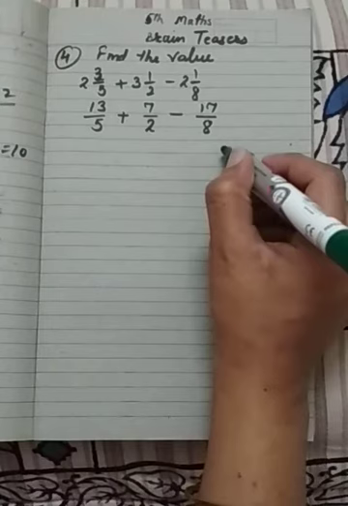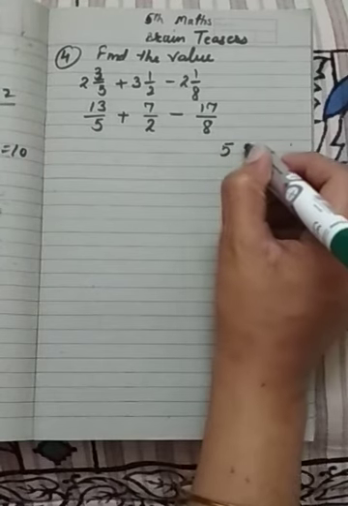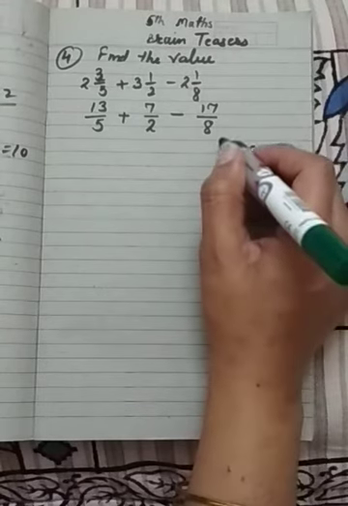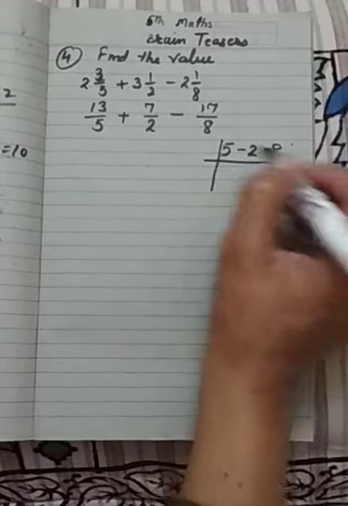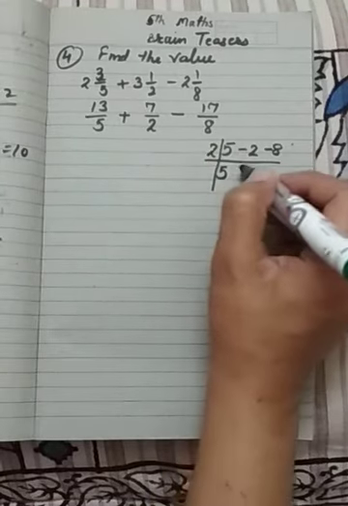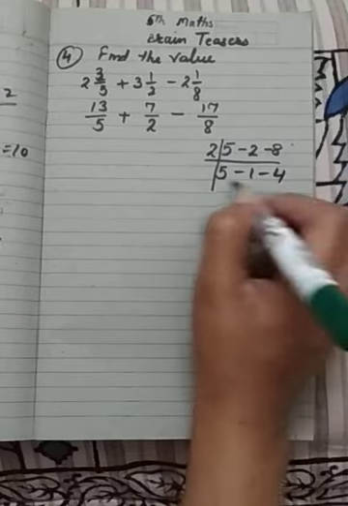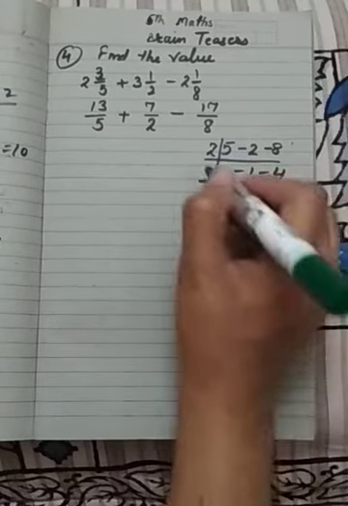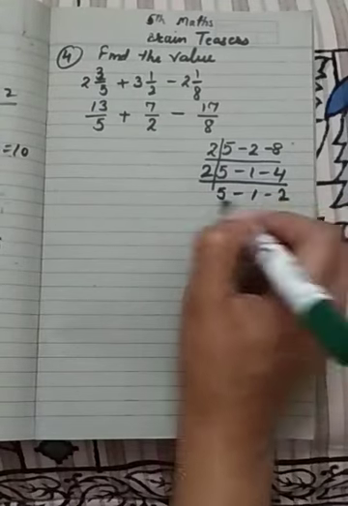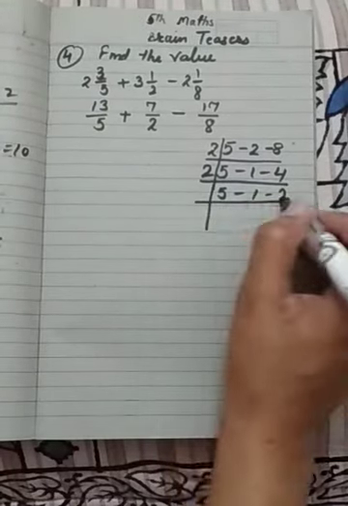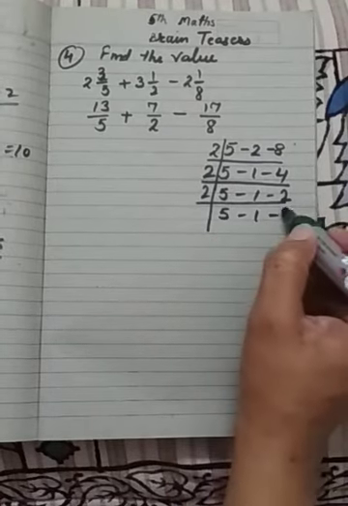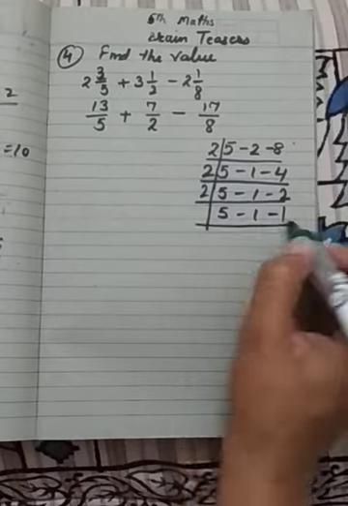Now find the LCM of the denominators. The denominators of the first number is 5, second is 2 and third is 8. Now find the LCM. We divide with the smallest prime number, 2. 2 4s are 8, 2 1s are 2. Now again 2 is the prime number, it divides the 4. 2 2s are 4. Again 2 divides the 2. But 2 could not divide the 5, that's why we write 5 in the place of 5.